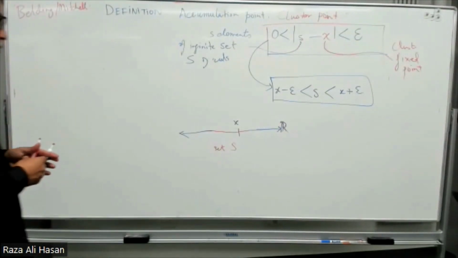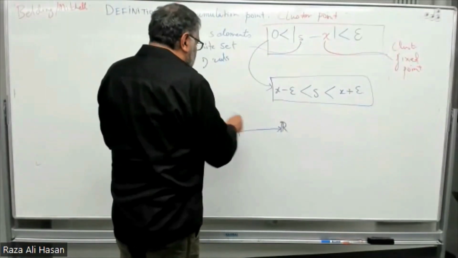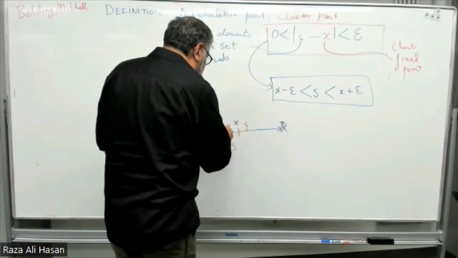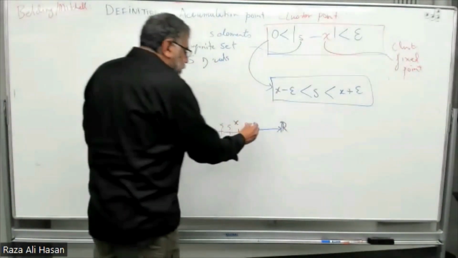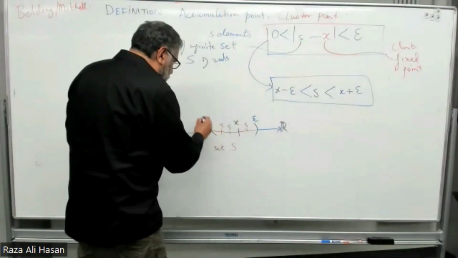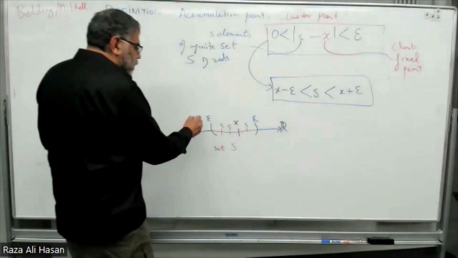And then if we go back, all the S's are within delta distance of X, as in